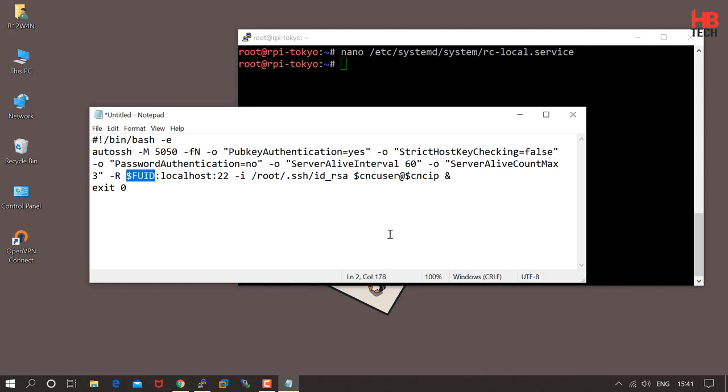After that, replace the port with the port that you want to be tunneled with the server to the local SSH. At the end, in place of the C2 user, type tunnel, and in place of the C2 IP, type your server IP that we configured the SSH key pair with before.